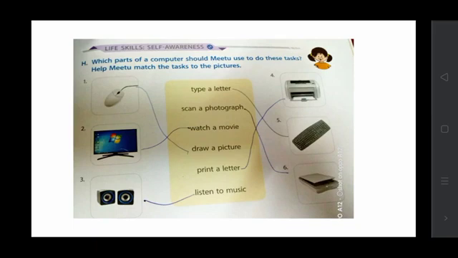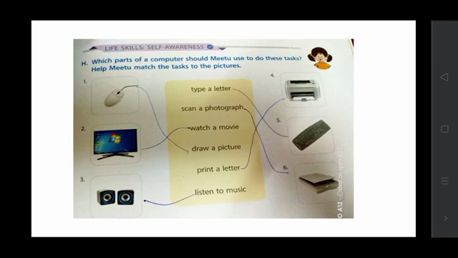The center ones are all tasks or all jobs. Mitu wants to do all these jobs. With which part of the computer can she do that job? So that is the question.